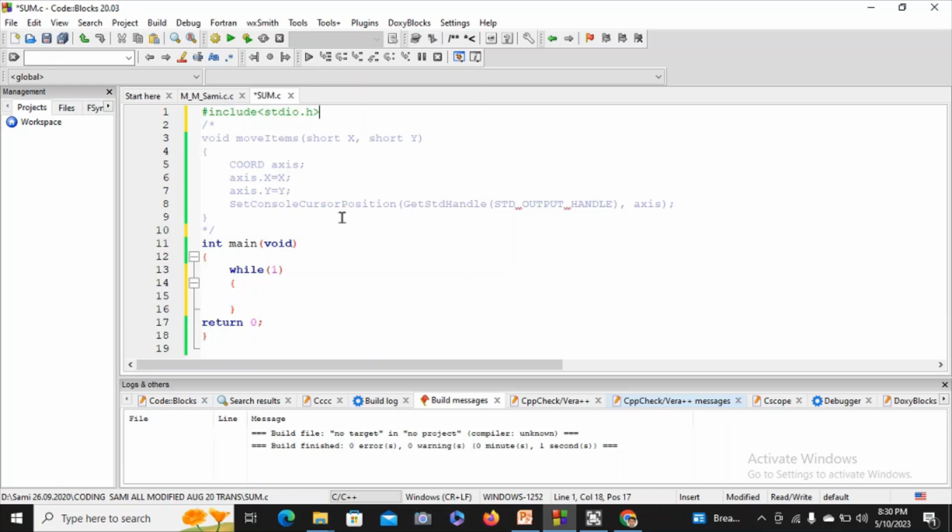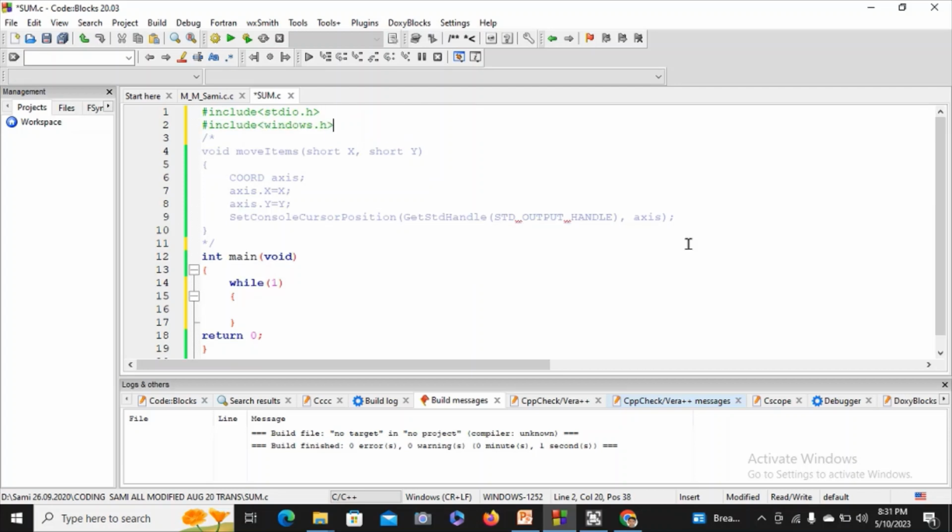So first of all I will show you the SetConsoleCursorPosition activities, and after that I will show you GetAsyncKeyState, what is the required performance or activity of utilizing the operation, before going to how to show the motion of the characters inside the console app using this Windows header file and other two built-in functions. So in this case you can see I have defined the Windows header file, and I will just remove